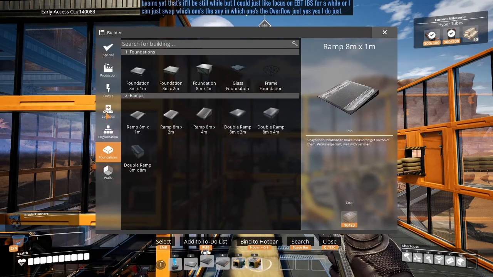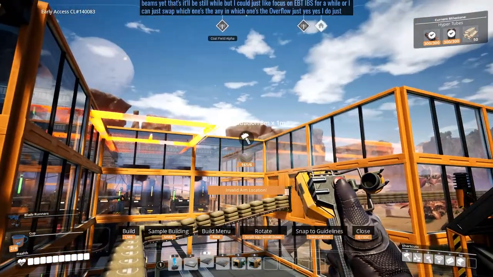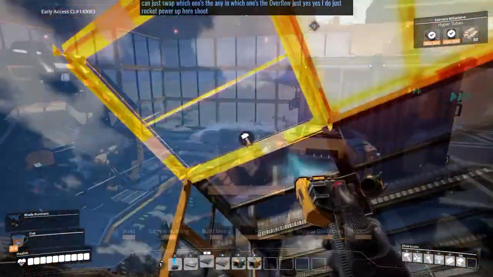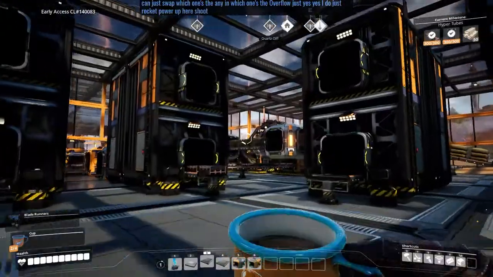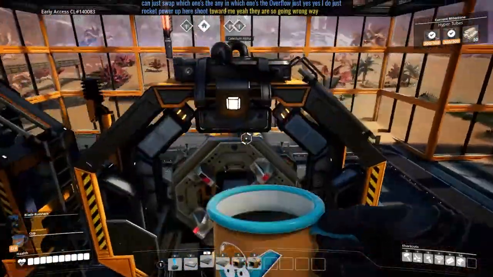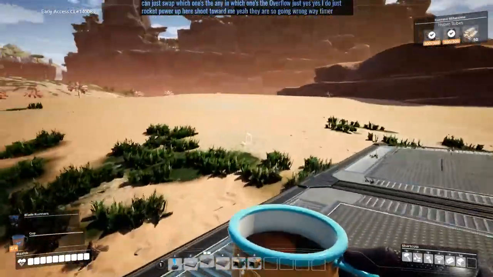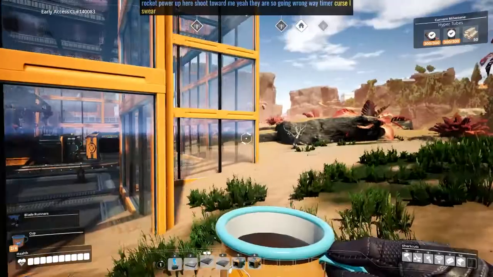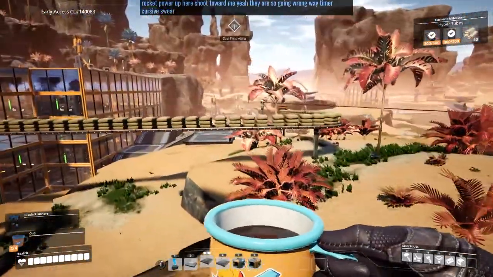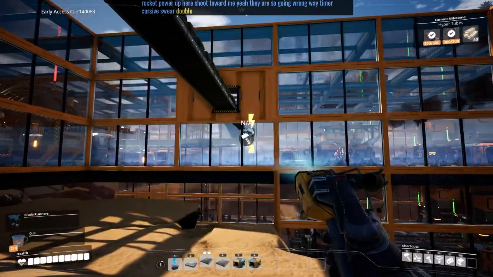Oh, but I will need power. Okay. Oh, I'm going to get power up here. Shoot. That's going to be exciting. Toward me. Yeah, they are. So, pointing the wrong way. All right. Always pointing the wrong way the first time. Curse, I swear. Put a double...